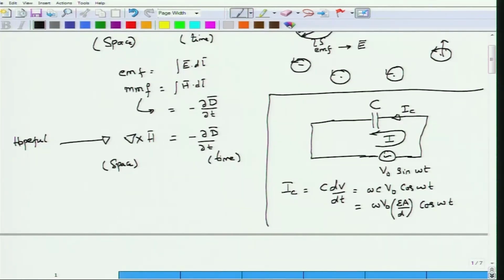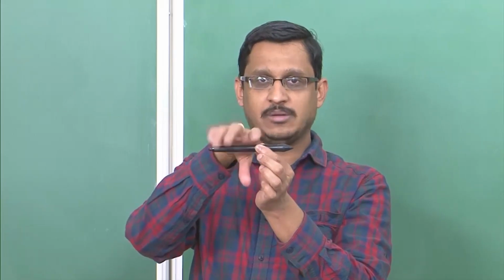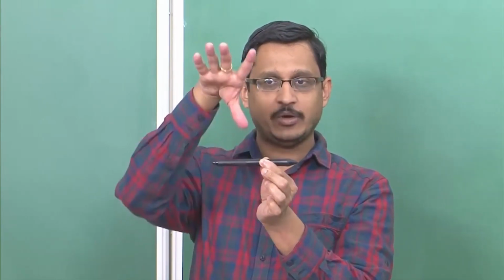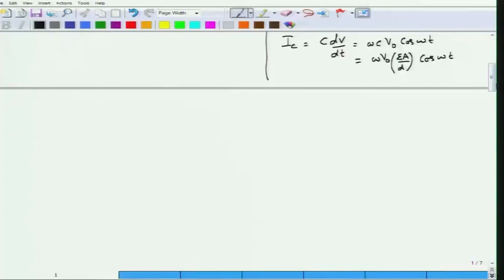To answer that, we need to see what happens when there is a current carrying conductor. What does Ampere's law tell us? Ampere's law tells us that whenever there is a current carrying filament, for example if this is my filament and the current is passing through this filament, there will be a magnetic field surrounding it. The magnetic field lines would be surrounding it like this. We have calculated the magnetic field around this current carrying wire, and if there is a current I, the magnetic field will be